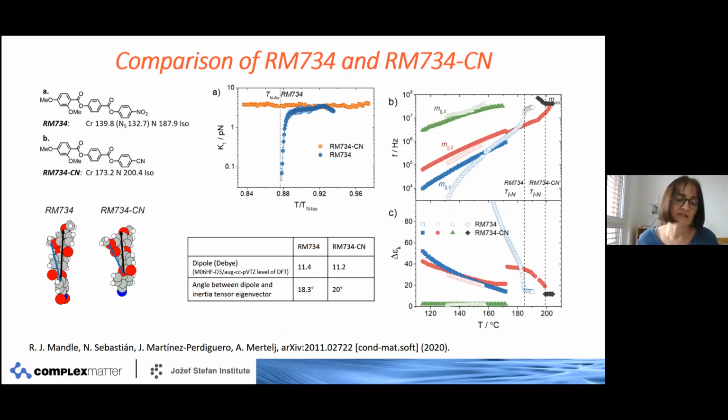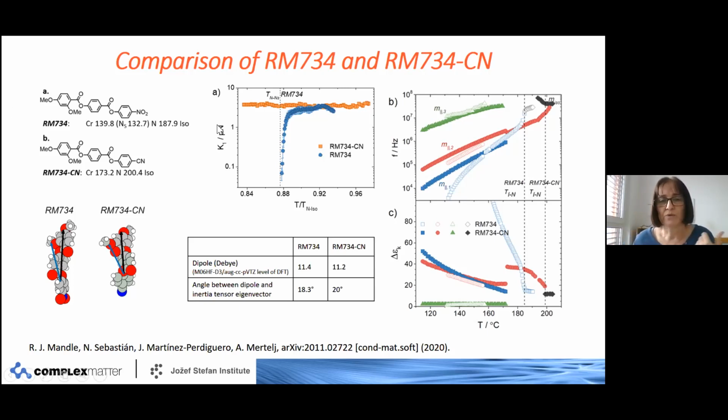And I must say, this study was much affected by the pandemic. Rhea went to Bilbao, Spain, to perform the electric study of these cyano materials. She went there in March for a couple of weeks, but was stuck there for 3 months. On the other hand, Richard Mandel was not allowed to go to the lab, so he focused on virtual chemistry, so computer chemistry and molecular dynamics simulations.